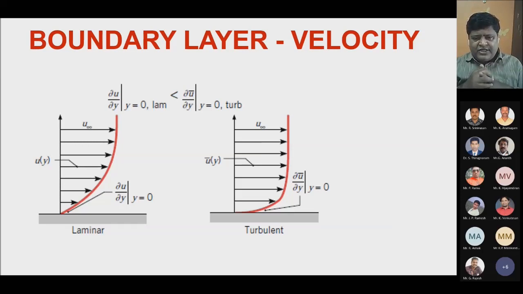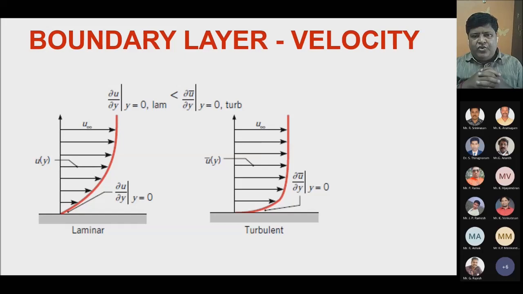The reason is that in turbulent flow, the fluid does not move as smoothly as in laminar, and there's complete chaos, complete mixing of the layers. So at any point in the flow, you always find a velocity that varies with time and also with space. So a time averaged velocity is taken for a turbulent condition, whereas here the mean velocity in the mean flow is taken.